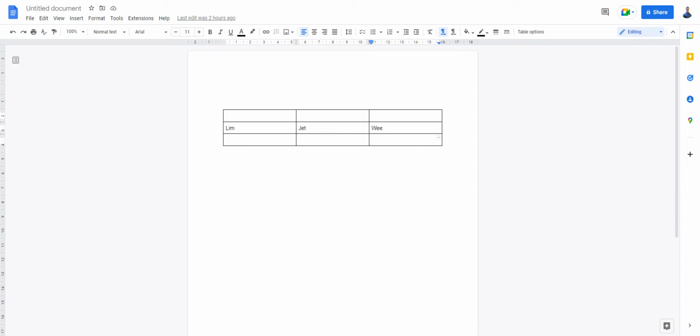Actually very simple. If you want to do so-called horizontal alignment, it is exactly the same as in Microsoft Word. You just look at the alignment here, centered, and it is done. But the problem that usually occurs is when you have other boxes or other cells or other rows